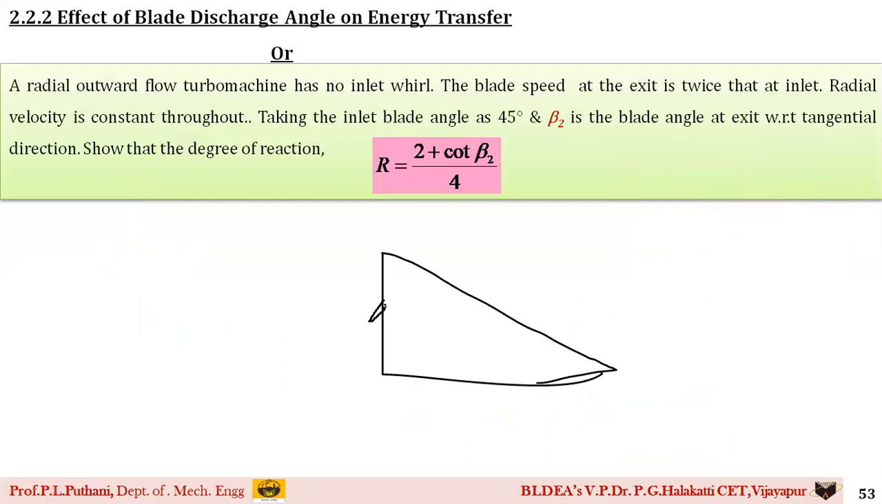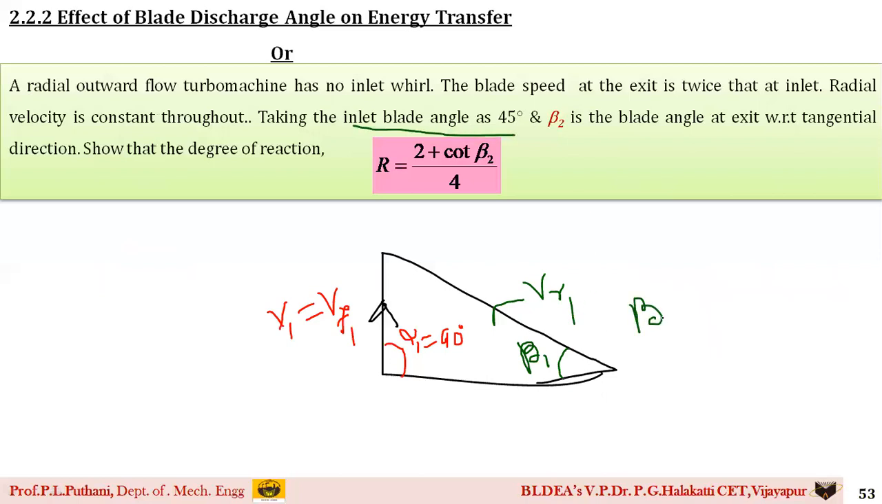So as the overlapping has happened, v1 absolute velocity is equal to flow velocity at inlet, that is vf1. Then this is your alpha 1, which is equal to 90 degrees. Then this is our relative velocity vr1, which is making an angle of beta 1, and this value is already, as told, inlet blade angle is 45 degree, which means beta 1 is equal to 45 degrees,